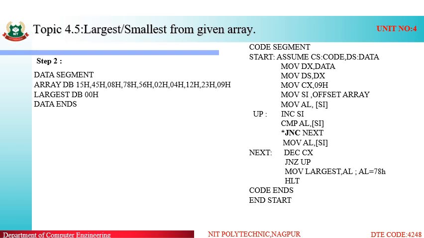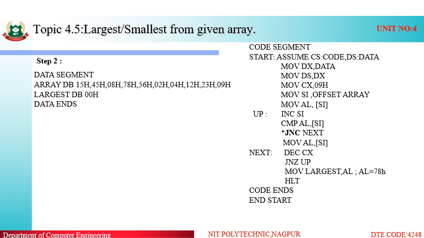So what does the next contain? We have to decrement our counter. The counter will be decremented by 1. That means the processing of these two elements is complete. Next we will check whether the total elements in the array have been completed.